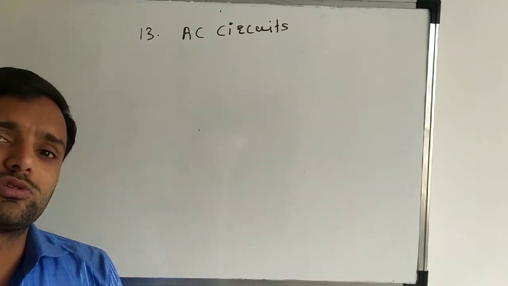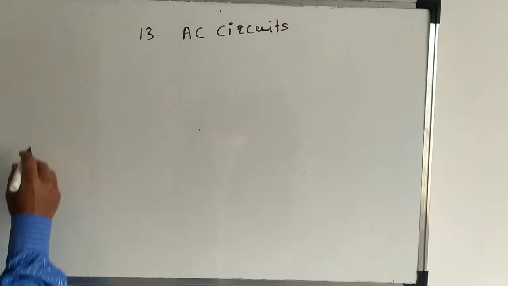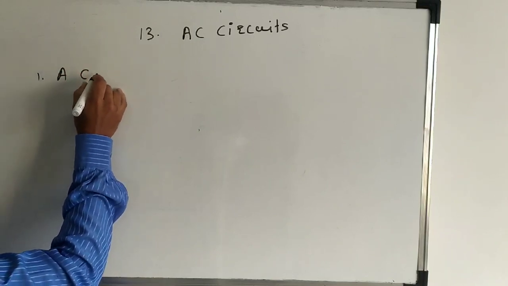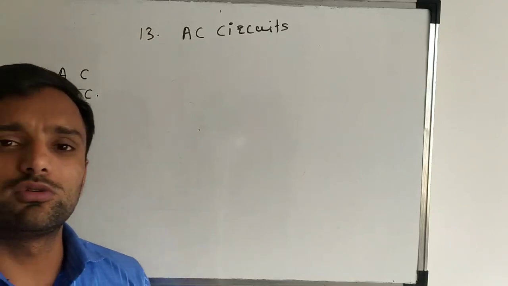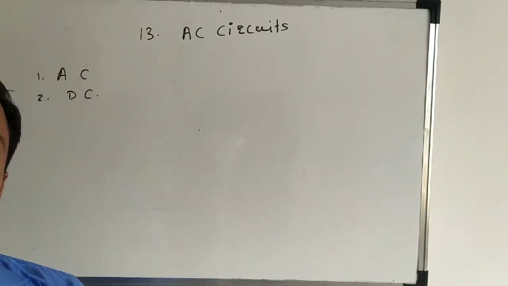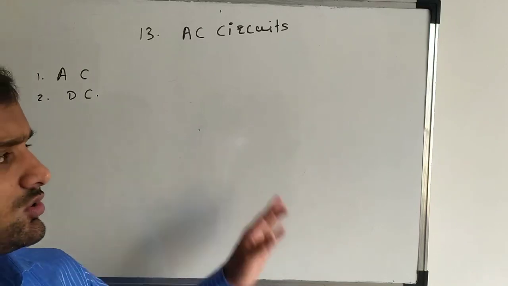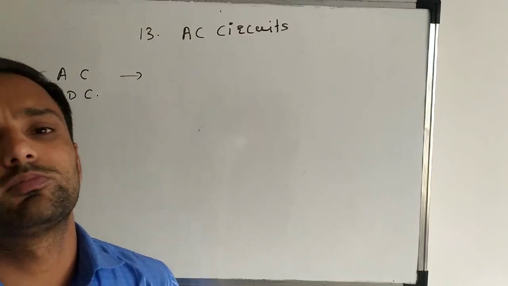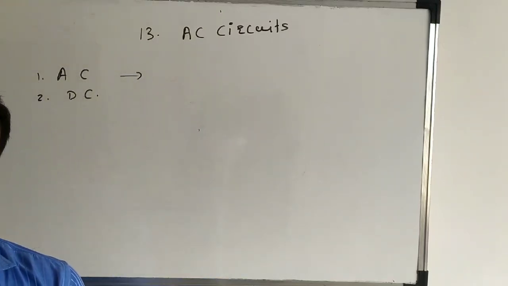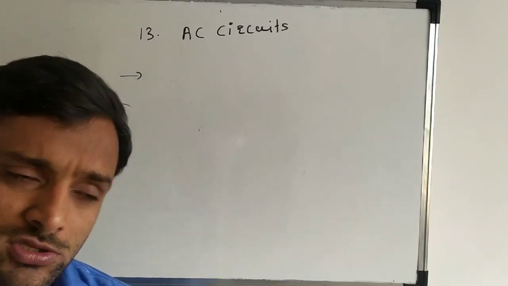Now there are two types of the source. One is the AC source and second is the DC source. What is the AC source and what is the DC? So there are two types of the current and we can divide into two types of the EMF or voltages: AC current and AC voltage, DC current and DC voltage. What is the AC current? AC current is one whose magnitude and direction periodically change, while DC is one whose magnitude and direction does not change, or it remains constant.